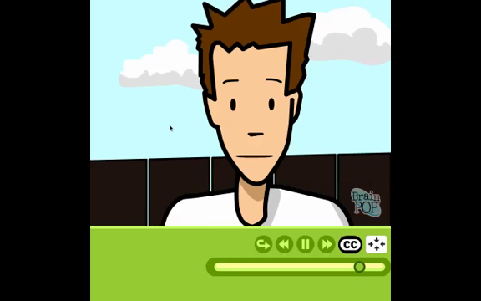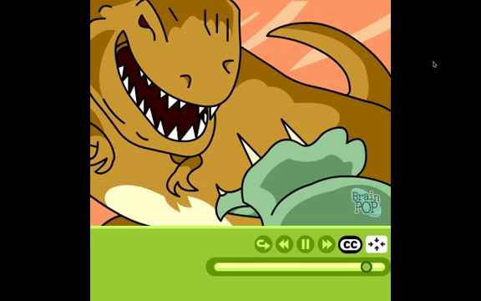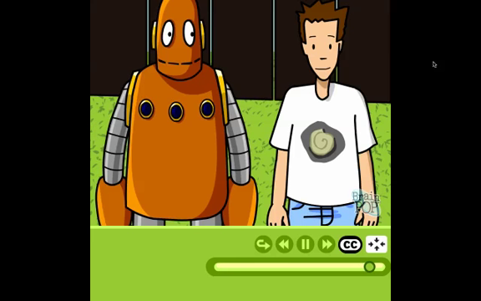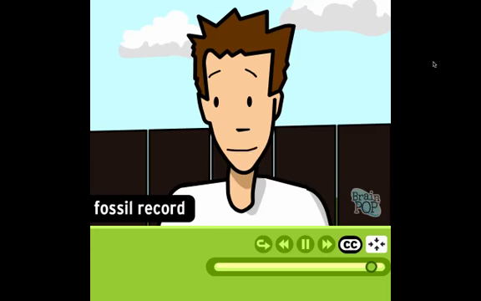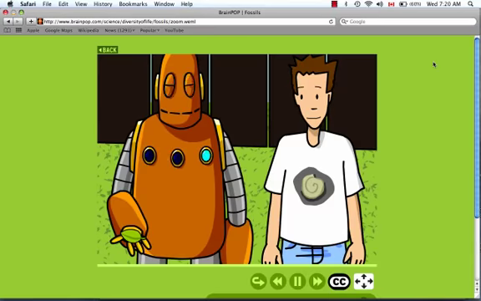Anyway, we can learn a lot from fossils. By looking closely at the fossil record, we can discover when and where lots of different organisms lived. In fact, we can learn about the entire history of life on Earth. Oh, the fossil record is just a fancy term for the sum total of what we know about fossils. Yeah, that's not going to work. It has to be under extreme pressure for millions of